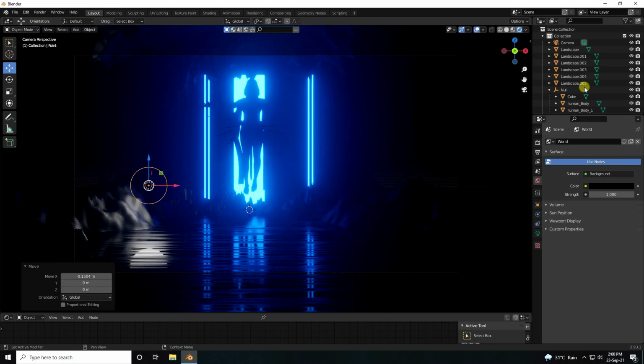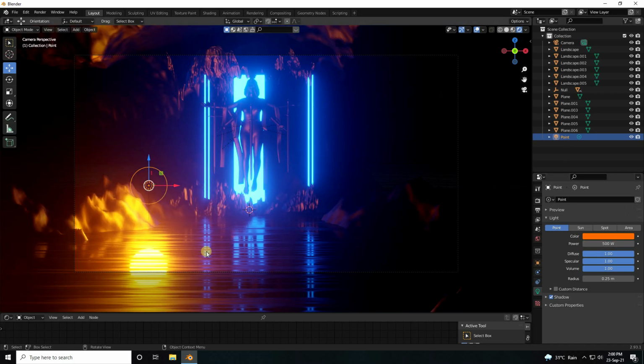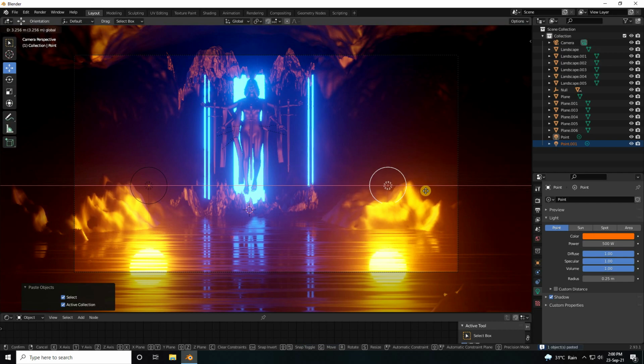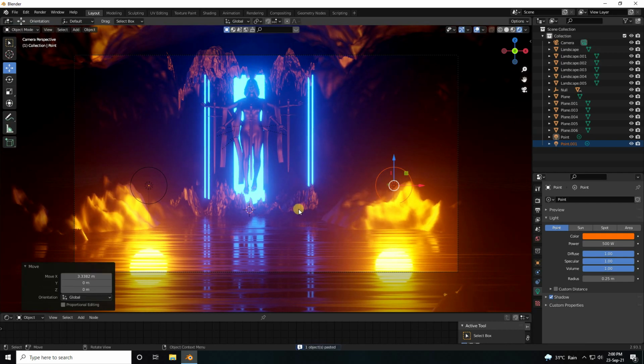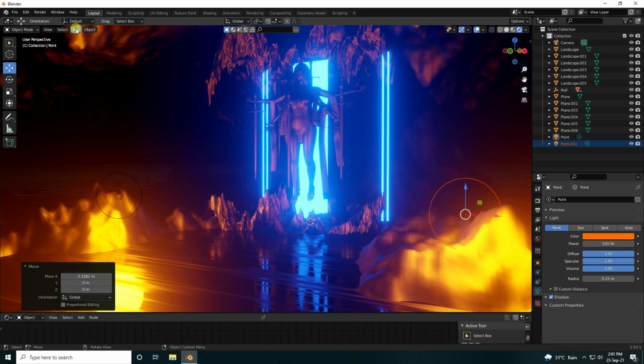Yeah, okay, so guys select this point light, this one point light, and change color. Guys, color I like orange, so H I like 0.025 and S I like 1, and power guys I like 500. Yeah, beautiful, right? Okay, so guys select this one light, go to copy and right side. Yes, it's really good, right? I like this effect.